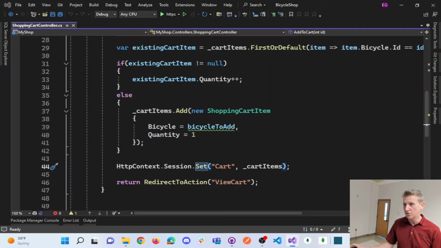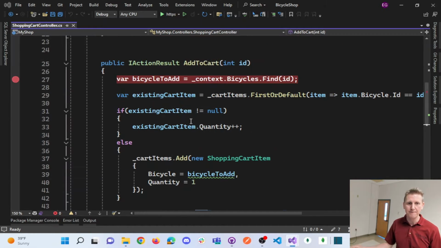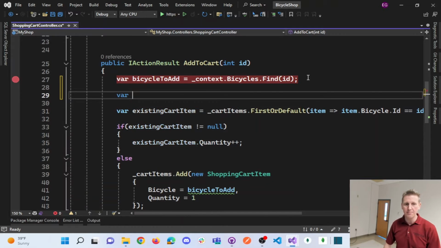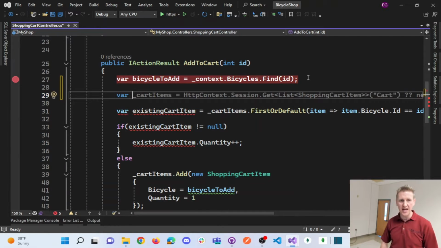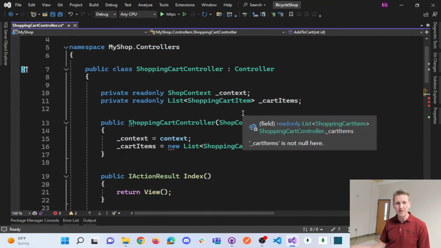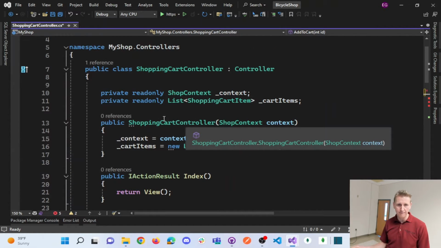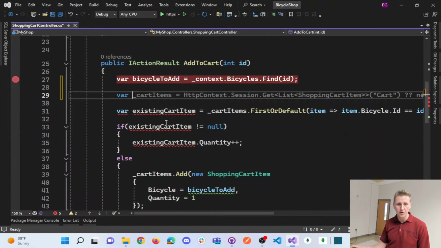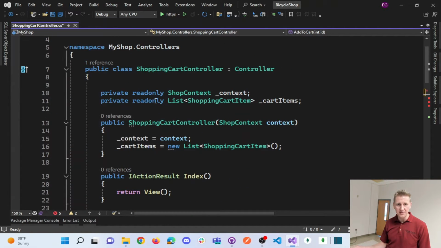I'm also going to check to see up at the top of my method. I'm going to write a little ternary thing here. Hey, are there cart items? Actually, I'm going to set my cart items here. Well, I made it read only, didn't I? Yeah. If I get rid of that read only,